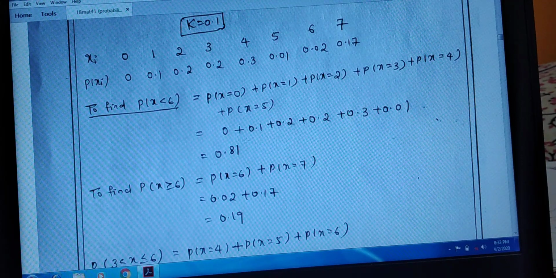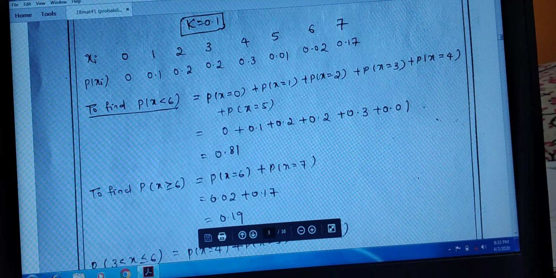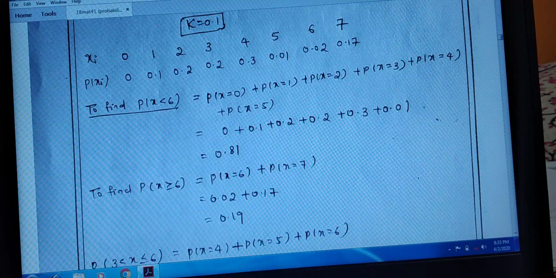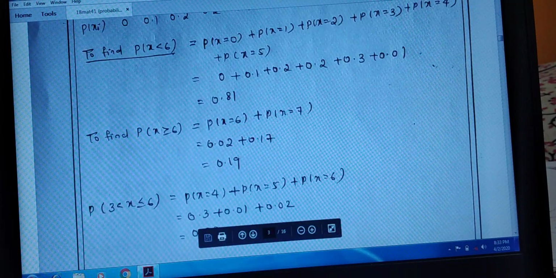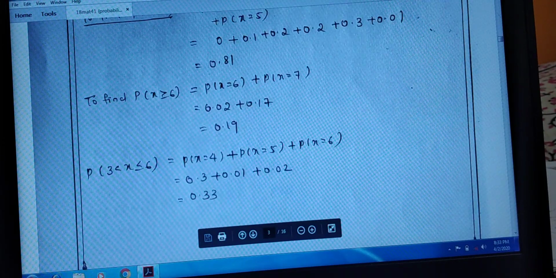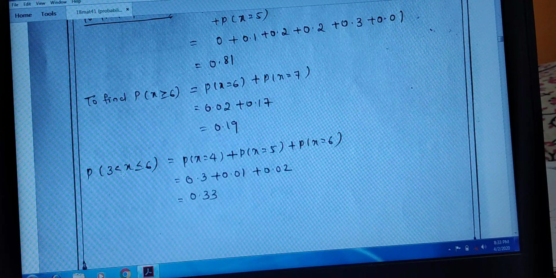So probability of x equals 6 is given by, here you can see, probability of x equals 6 is 0.02 and probability of x equals 7 is 0.17. So add these two numbers, you are going to get the answer as 0.19. So next we have to find what is probability of 3 less than x less than or equal to